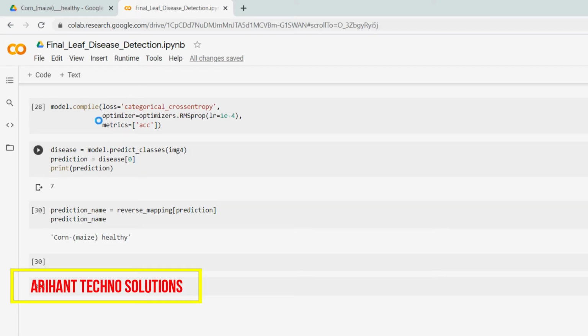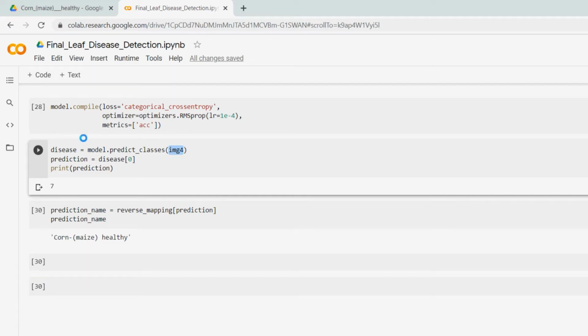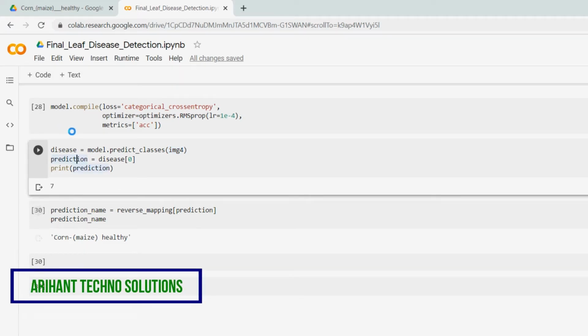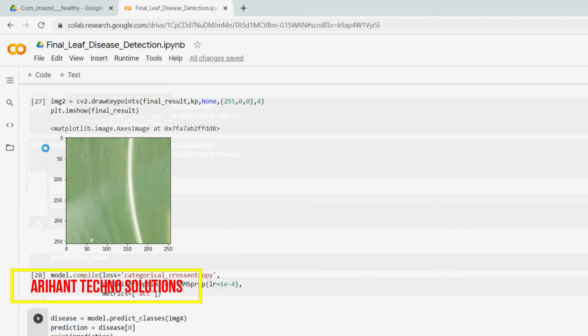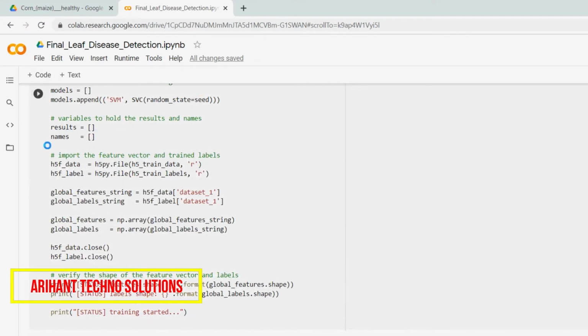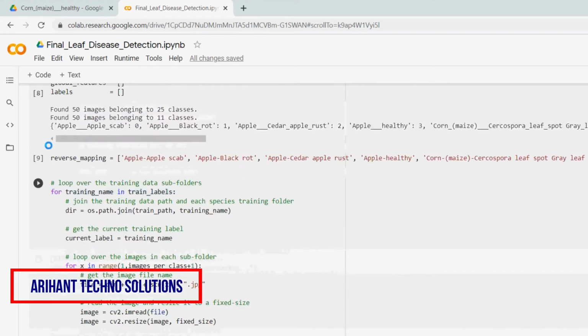Here you can see predict class. I am applying the input image. The input image is nothing but the processed image, IMG4, applied over here. The prediction equals disease of 0, print prediction, and the prediction value is 7. We already put this in reverse mapping. We can go over there and see what is in the reverse mapping.